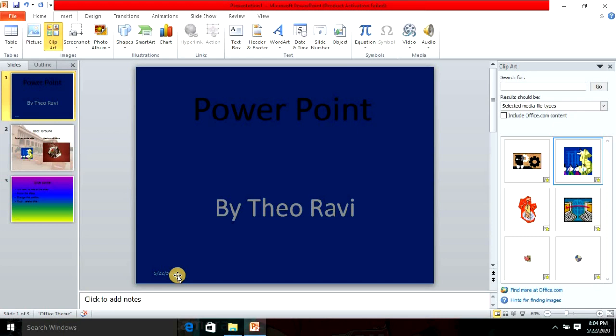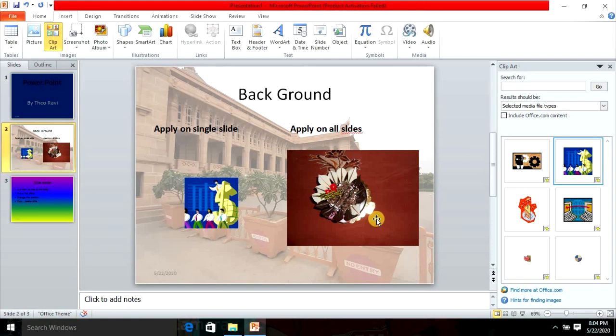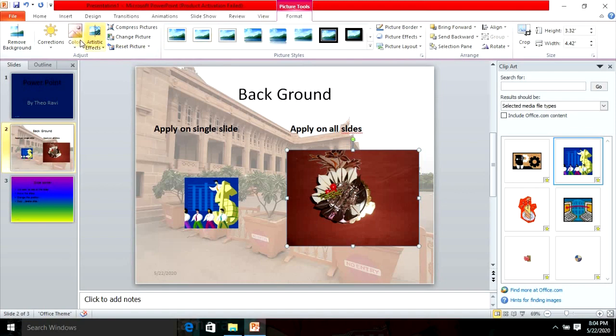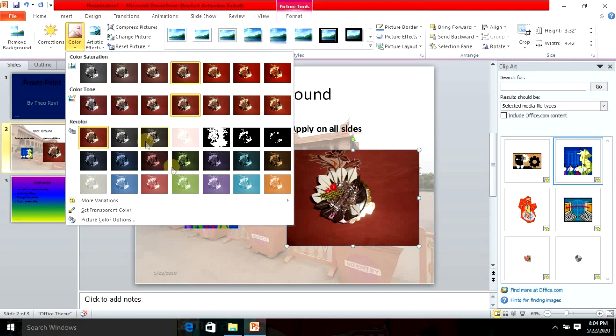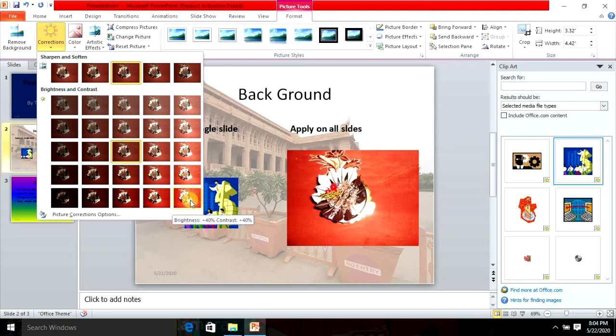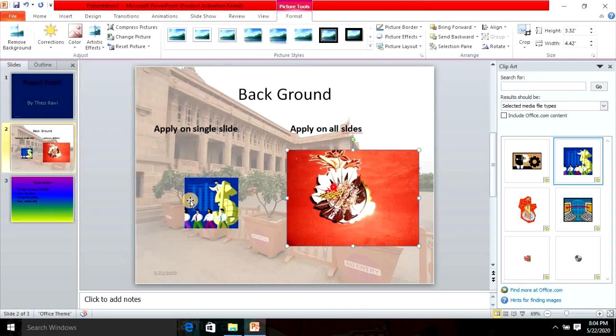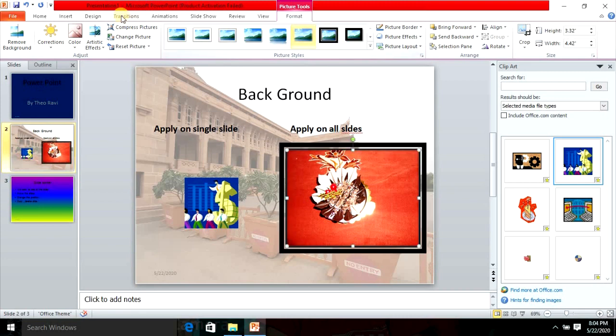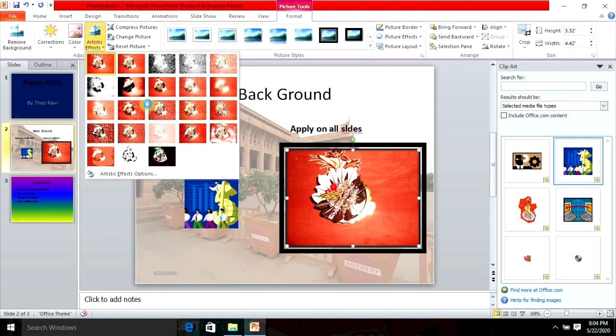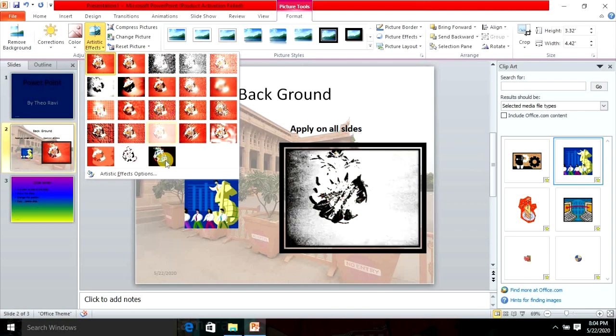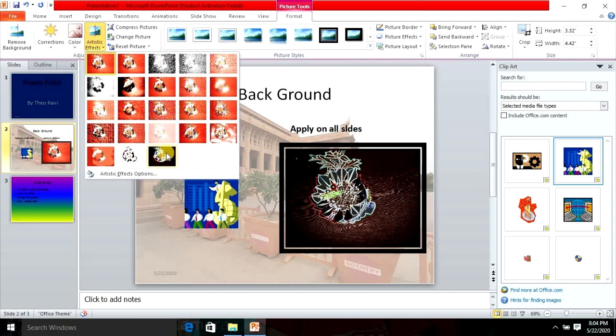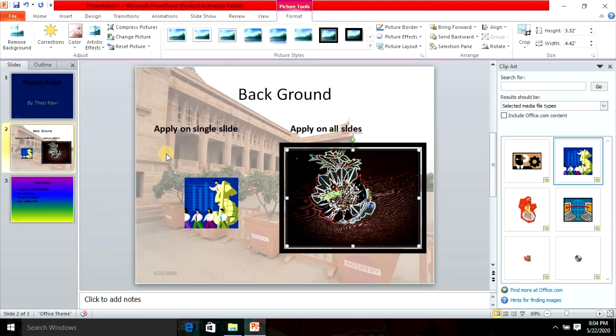So now the next is you want to edit an image. I'm clicking on it, select this image, format. In this format you can change the color also. This one, purple, or you make it a little bit bright. Is it clear? You want to give it a border, you make it in this manner. So this is the way you can change it.